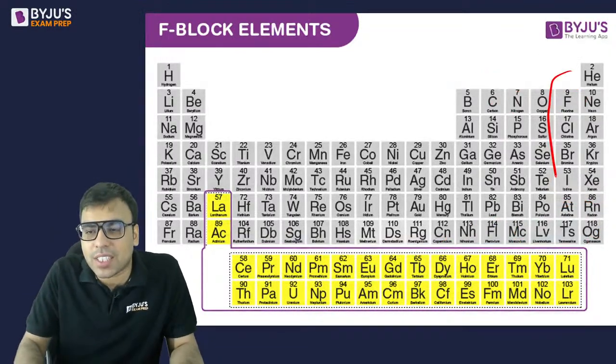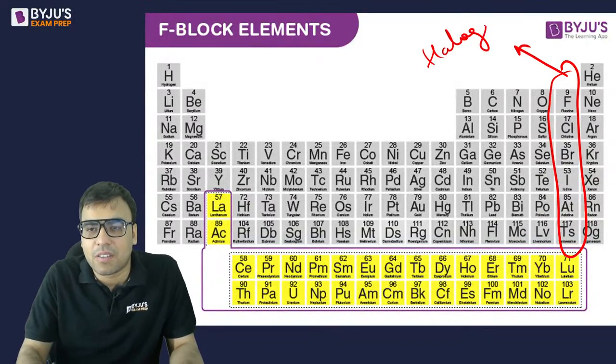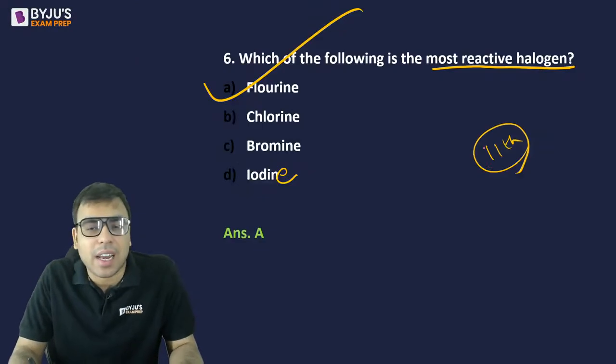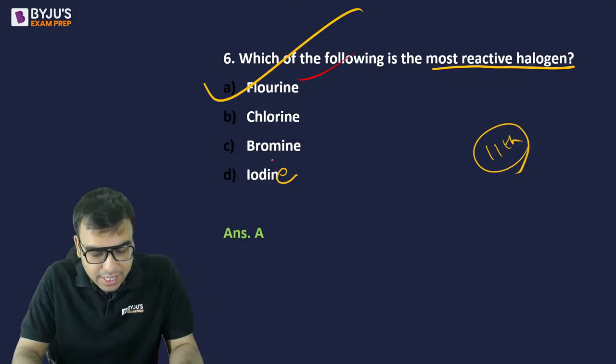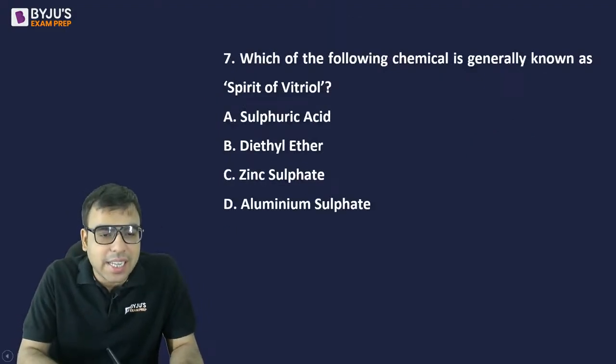और ये वाला जो है ना, this is actually the halogen series, है ना? Fluorine, chlorine, bromine, iodine, है ना? These are actually the halogen series. So just have an idea. A is the right answer. Yes, Swati, yes, Shubham, Shilpa, you are right. The next is question number 7.